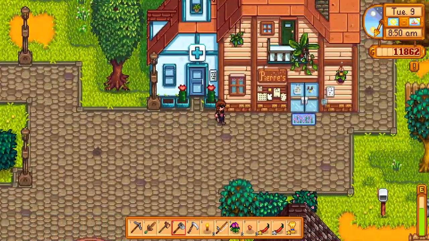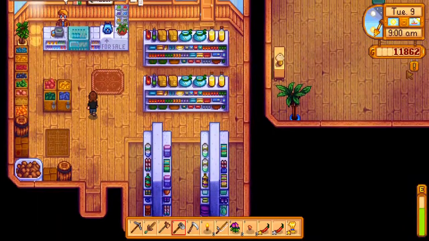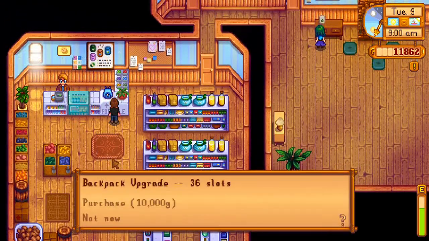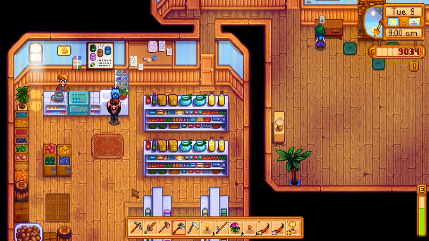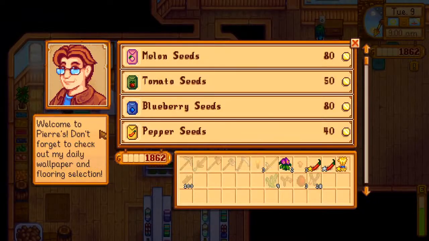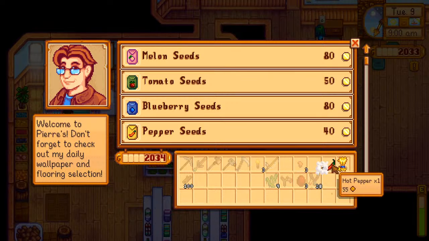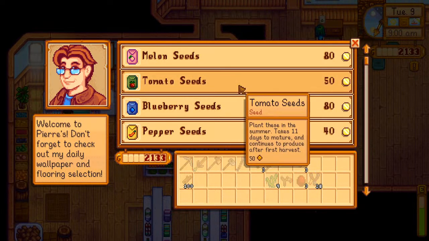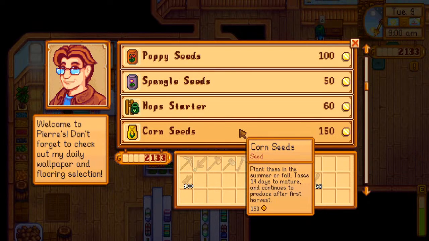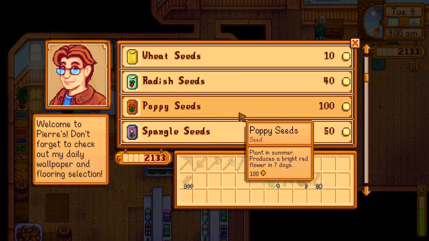Oh, we almost forgot about Maru. We gotta go back and get the Earth Crystal. I think that quest is still active. Yeah. That was almost all of our money, but now we have a whole extra inventory row. Yay. Alrighty. Hooray. Alright, it is still the 9th, so I think we could benefit from...